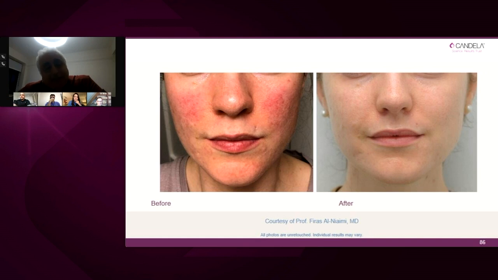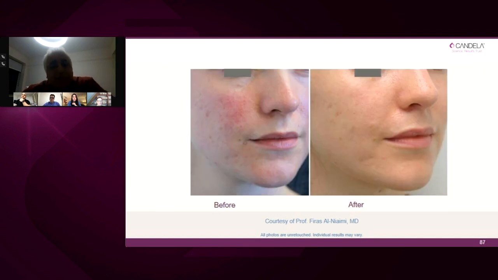So some examples here, even with a mixed inflammatory type of rosacea and diffuse redness, by using the spot size with the different pulse durations and a couple of passes, you can get very nice results. There are also articles showing that the pulse dye laser reduces the Demodex count, which, as you know, the increased Demodex will lead to toll-like receptor 2 activation and worsening of the rosacea.